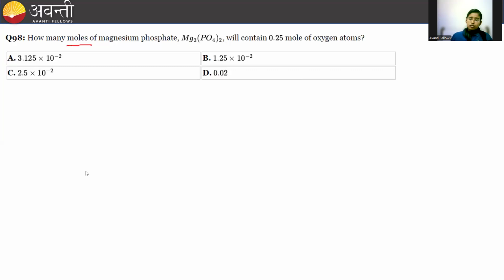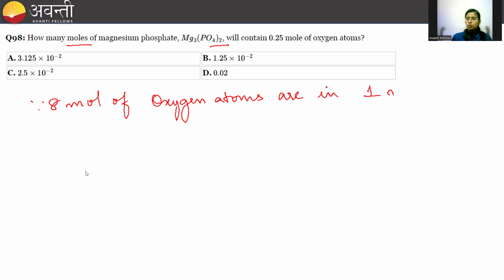8 moles of oxygen atoms are in 1 mole of this magnesium phosphate, right? Because you see the oxygen count, 4 into 2, we have 8 oxygen. So since 8 moles of oxygen atoms are present in 1 mole of this magnesium phosphate, Mg3(PO4)2, we have 0.25 mole of it. Therefore,